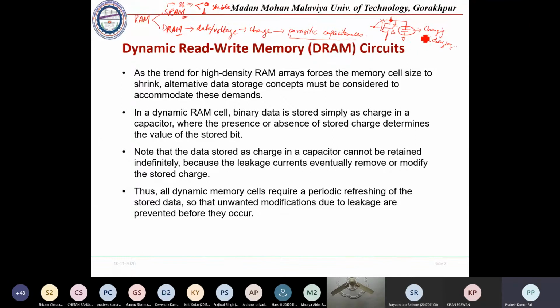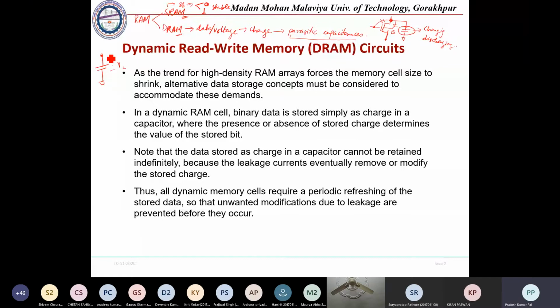So this charging and discharging of parasitic capacitances associated with a MOSFET will work as a memory element to store the data. If a capacitor has some charge, some voltage stored, and after storing the voltage there is no connection,